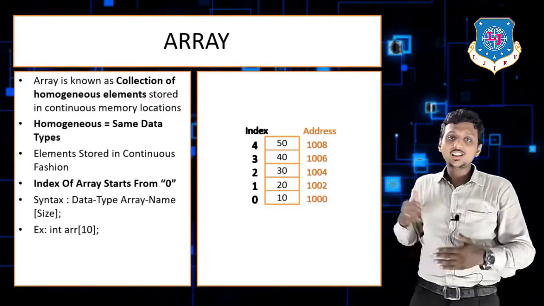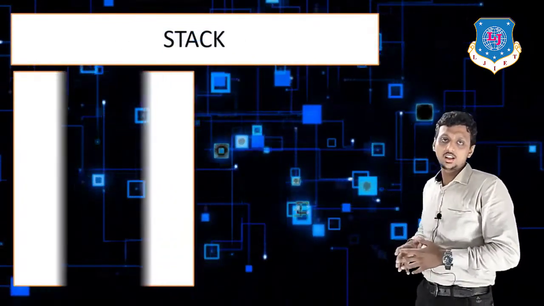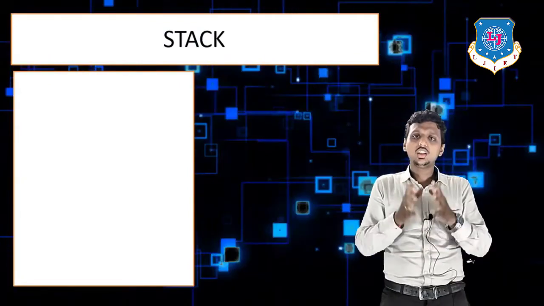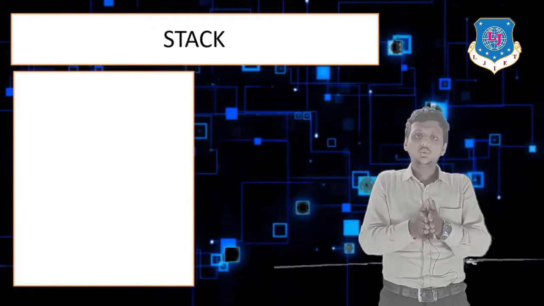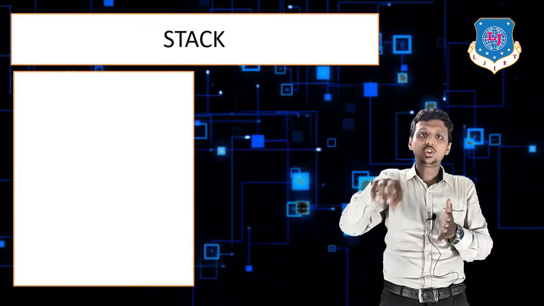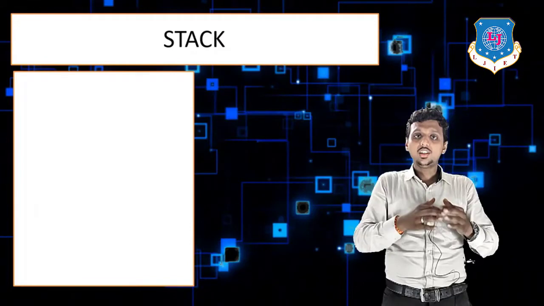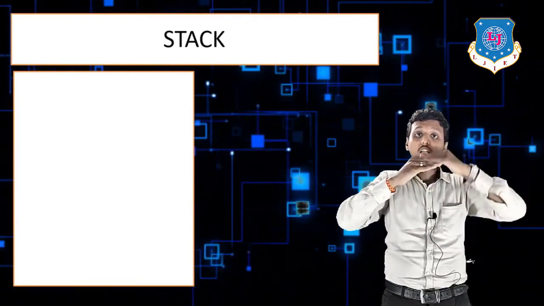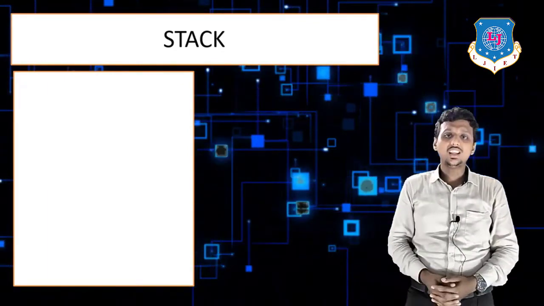Okay, now let's move ahead to the next topic. Our next data structure is stack. Just imagine that in your childhood you might have played a game where you have one rod and you put your rings one above another, above and above. Such a thing is known as a stack. Again, if I take disk number 10 and put another disk above it, number 20, 30, 40, 50, such a data structure is known as a stack.